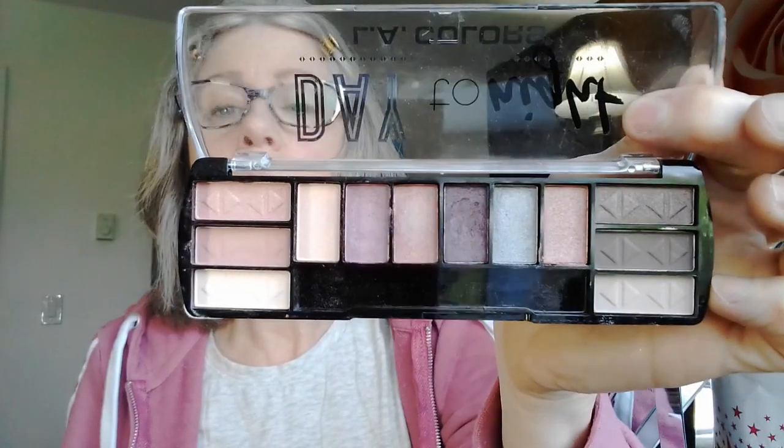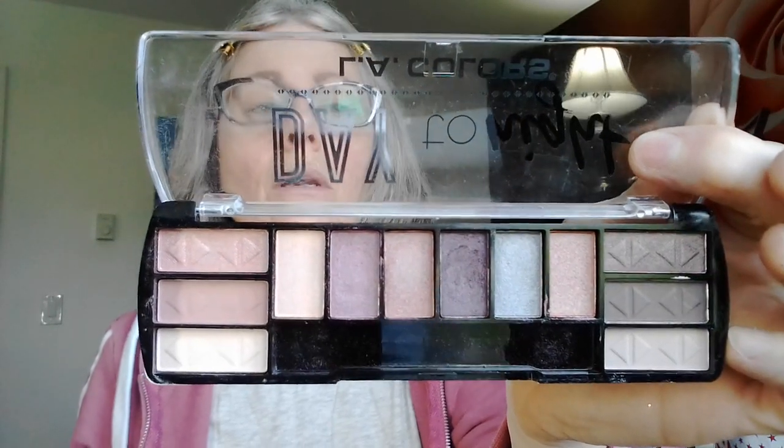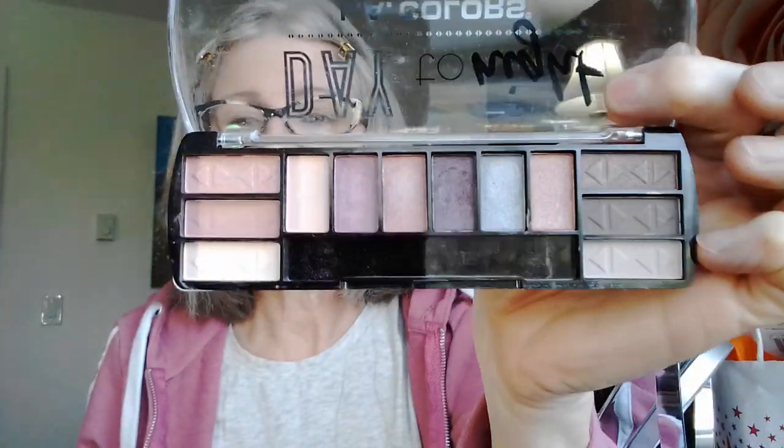So it has a good amount of mattes in here, so you can make a good... You can do several different looks with this palette, so it looks great. All right, and then this one is called